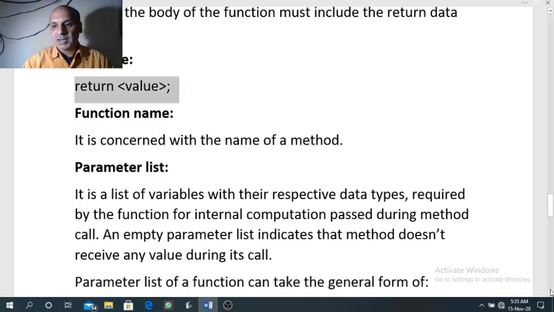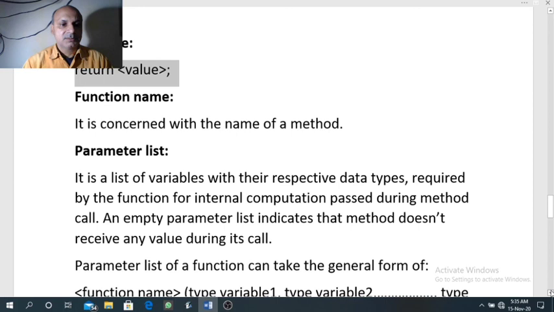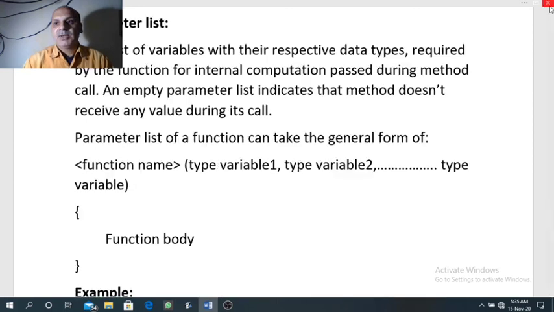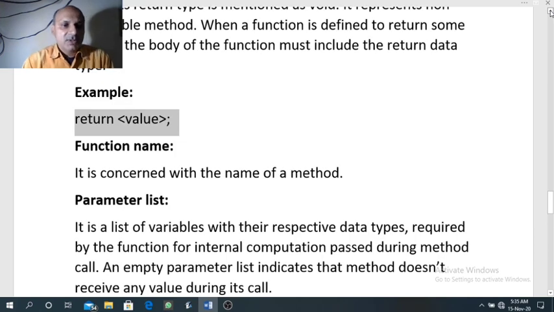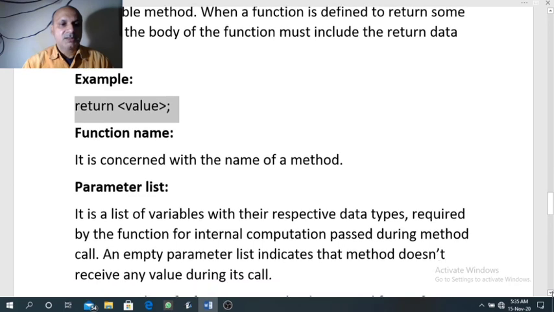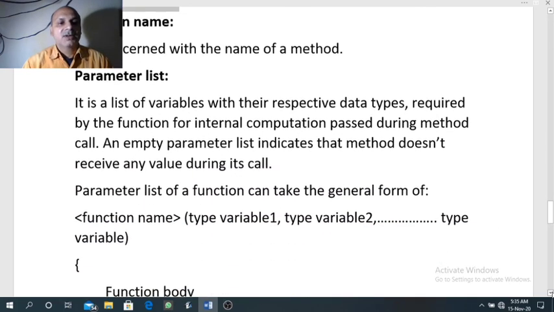Now function name, parameter list. Function name is an identifier name. This is the name of the function. We can use any name just like the name we give to variables because it belongs to identifiers. Parameter list. Some functions work on one argument, some functions work on two arguments, some functions work on many arguments, and some functions do not work on any argument.